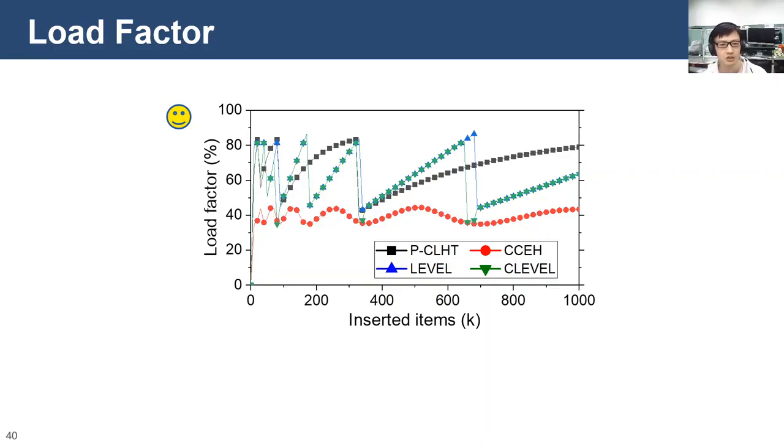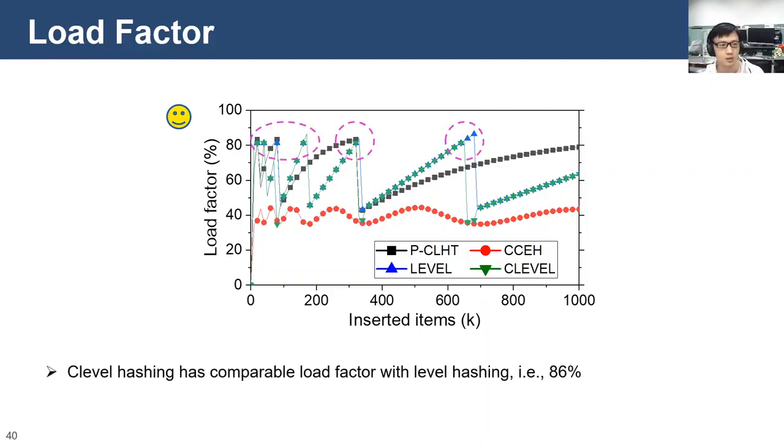Compared with level hashing, Clevel hashing does not move items in the same level, which decreases the load factor. However, Clevel hashing increases the number of slots to 8, which enables high memory efficiency.